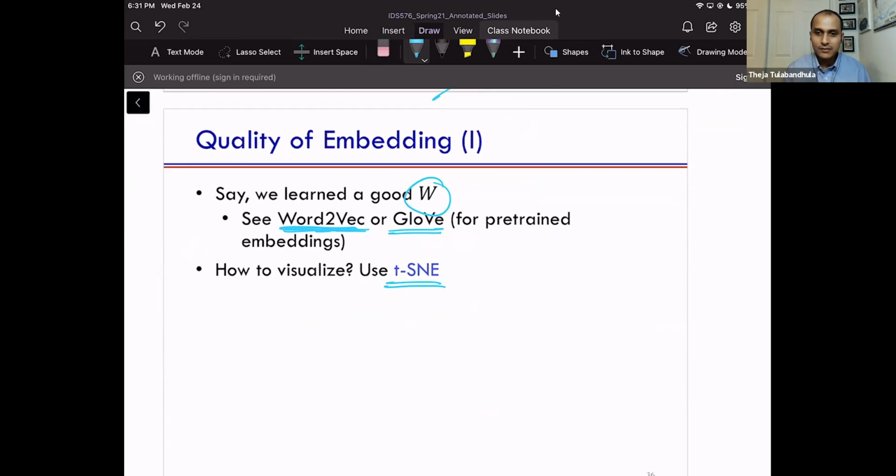And that's exactly what I flashed earlier, the link that I shared that folks can click on. It's basically doing this whether you get the vectors from Word2Vec, which is one name for a bunch of vectors that Google made, or GloVe, another set of vectors that maybe Facebook or some research lab made, I'm not sure. So how do you get a sense out of them? You can project them into 2 dimensions. That's exactly what the TSNE code was doing from the link earlier.